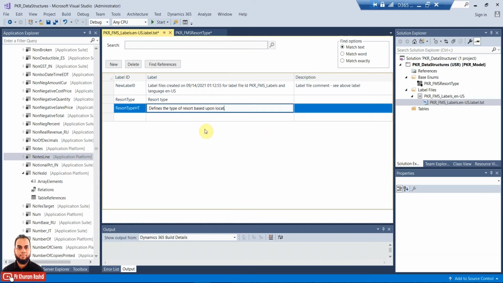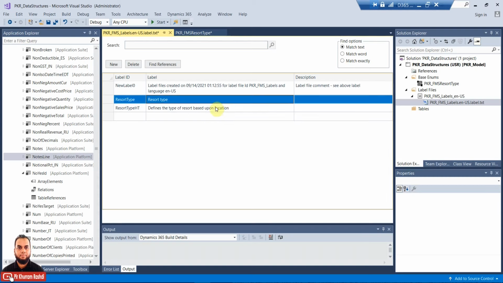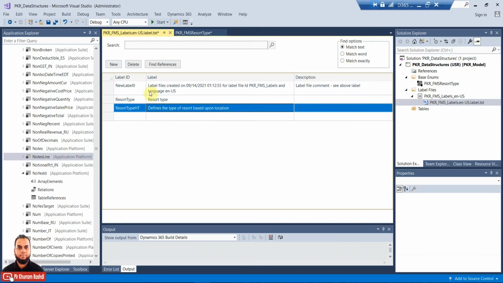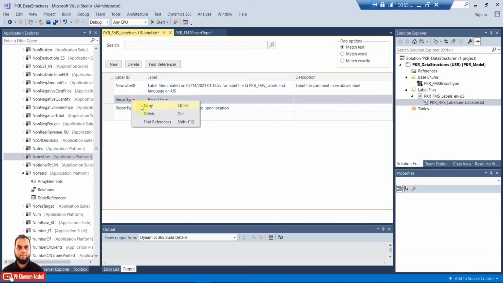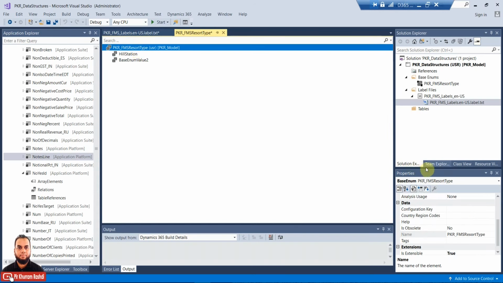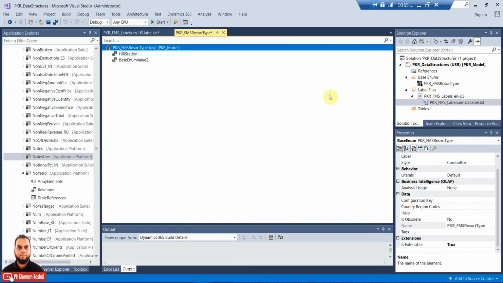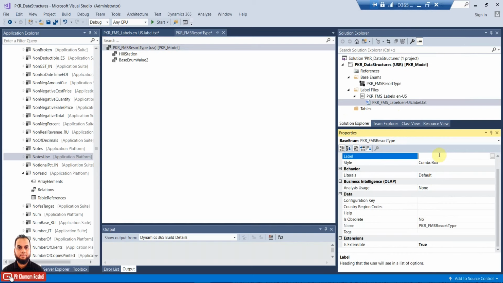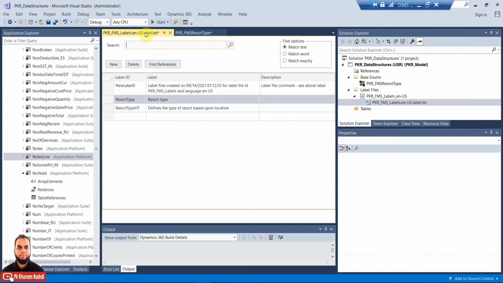So once these two values are selected, I can copy the resort type and go ahead to the base enum, and in the base enum, in the label property, I can just paste it, and it will translate to the label which I have given here, which is basically resort type in the label column.